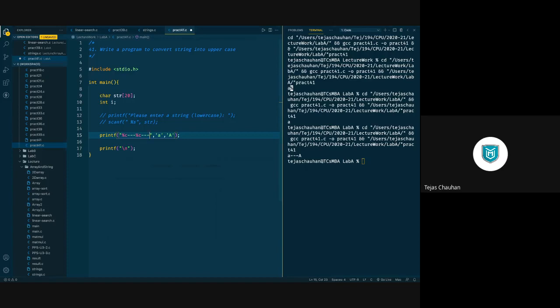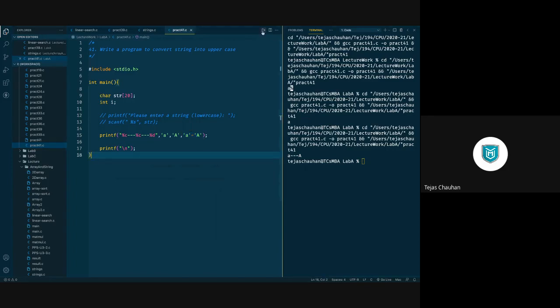So internally, a character is nothing but a number. And if it is a number, I can perform mathematical operations also, and I can have an integer value, %d. What I want to show you is the difference between small a and capital A. So small a minus capital A. This is a mathematical operation, subtraction.